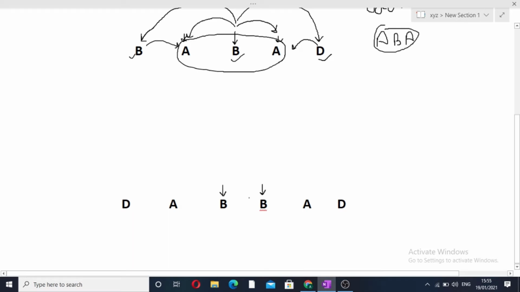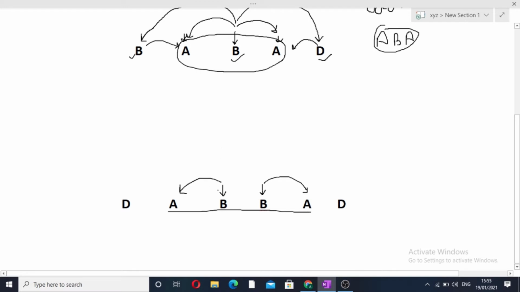So first we will check whether these two variables are same or not. You can see that these two variables are same, so these two variables will contribute to our maximum palindromic substring. Now we will move one to the left of this variable and one to the right of this variable. Again we can see that here it is a and here again it is a. So these two variables will also contribute to the palindromic substring. So till now these four variables are part of our longest palindromic substring.